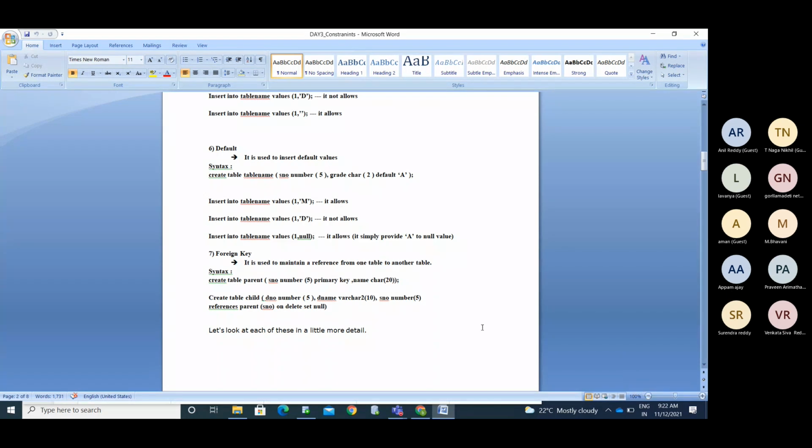Okay, so practice: try to add a constraint to the same table, same column, and again add a different constraint. You cannot add a not null constraint again. If you added a not null constraint one time, you cannot add the same constraint again. Try with a different constraint. You have the alter command option, right? Try to add that.